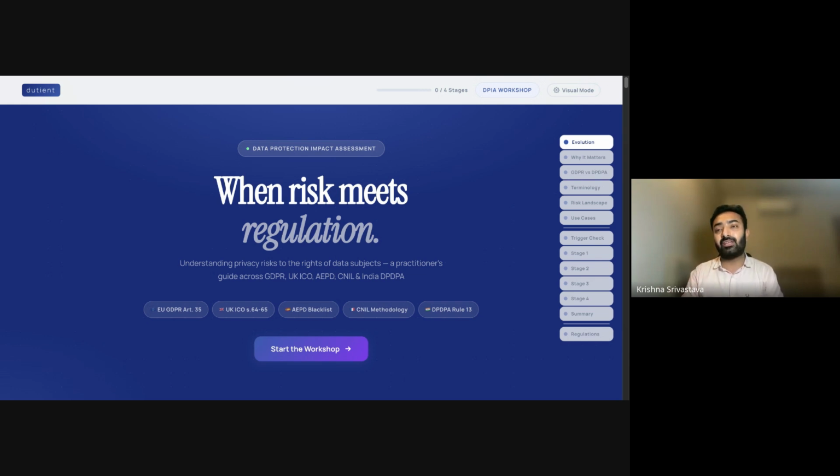But at the same time, there are so many guidelines out there by supervisory authorities, data protection authorities that help you understand how to solve a particular problem statement that arrived at your desk. And if you are a privacy professional, you would probably also have noticed that it's not very easy to explain to business stakeholders or individuals from different departments what the requirements are. So you can't just go and quote the law. You have to present it to them in a practical way where they are also able to understand their responsibilities